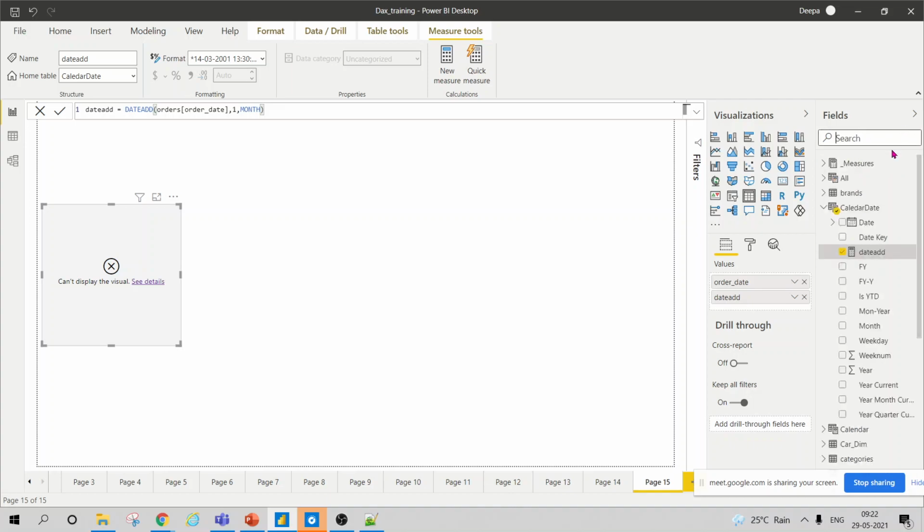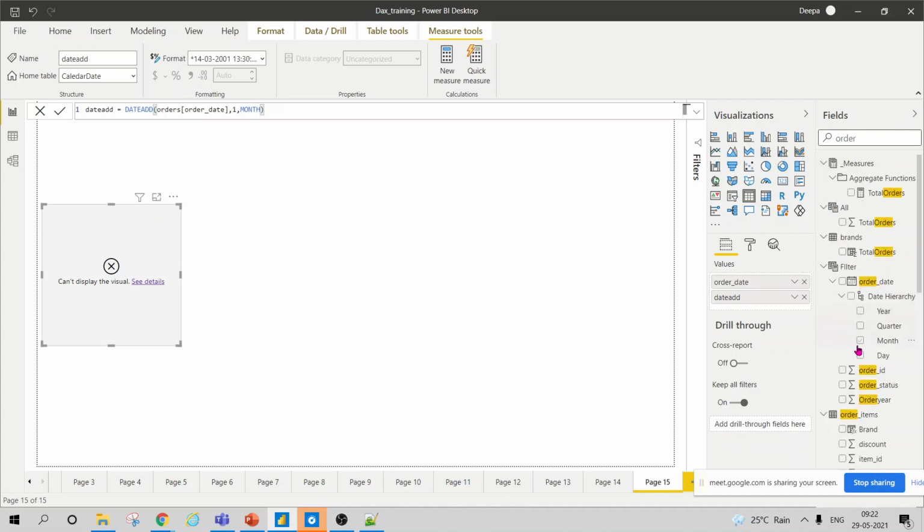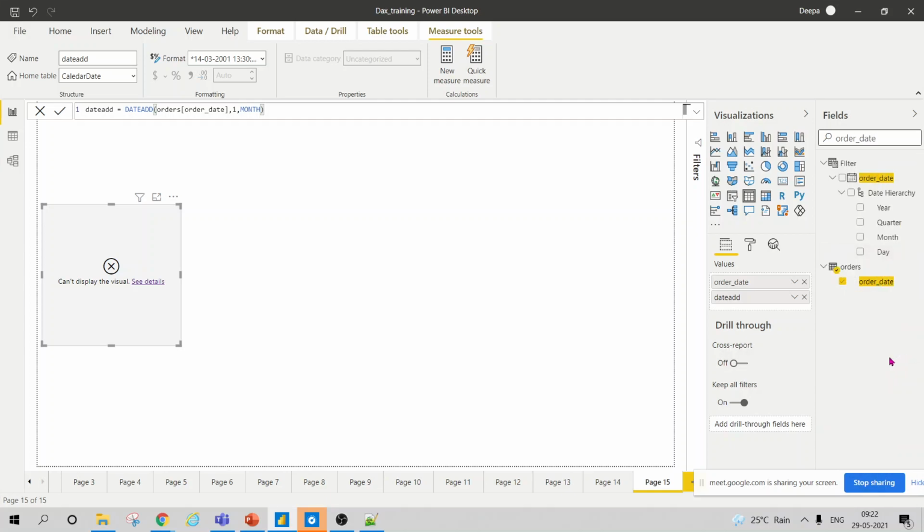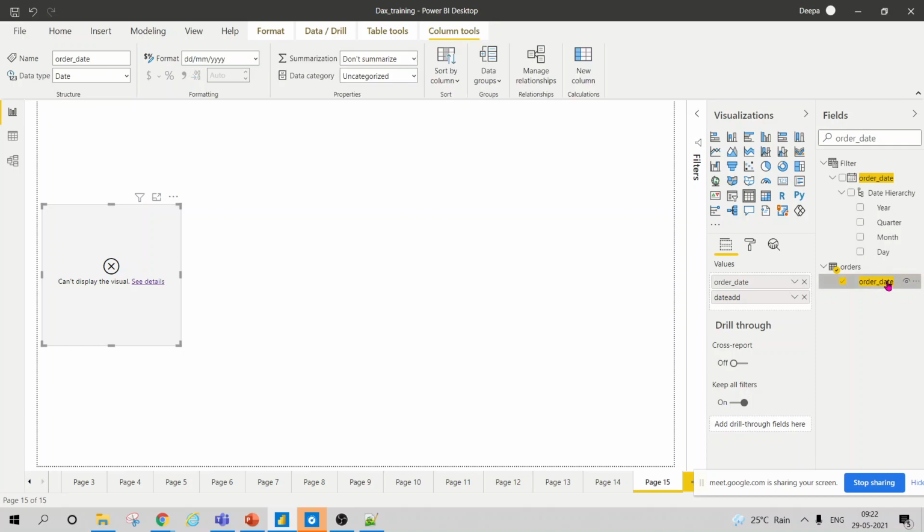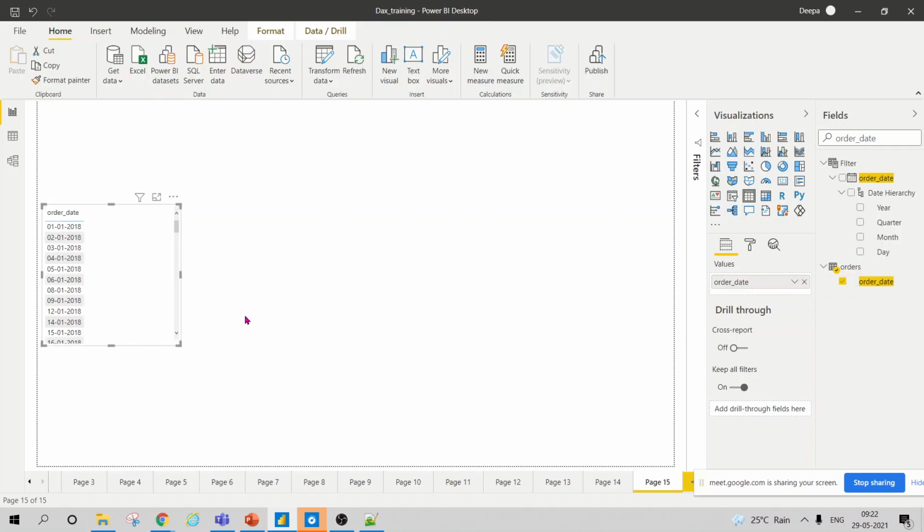The order date looks like order date. Order date is in date format. I will check on it, but there is no hierarchy.